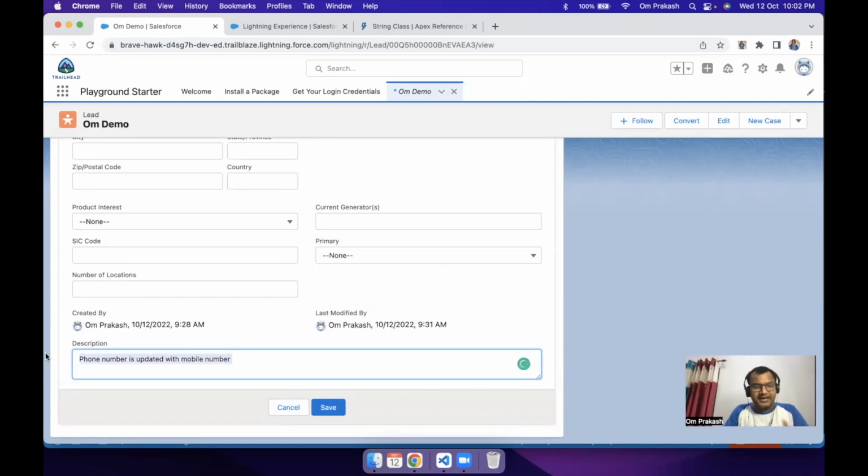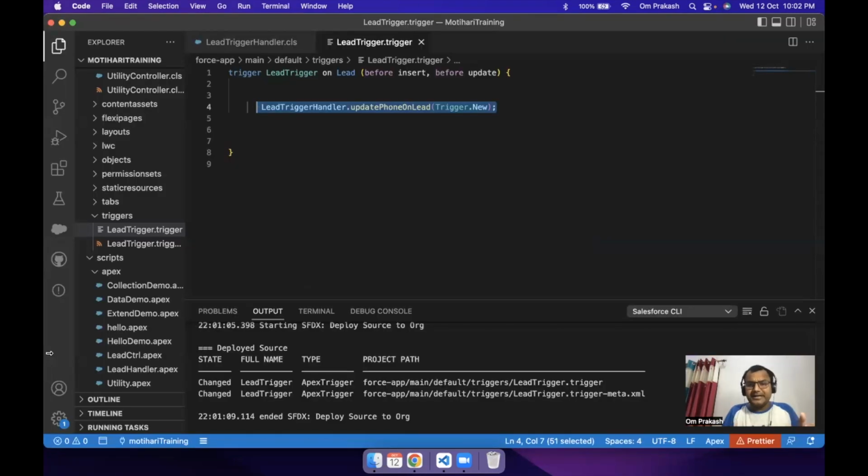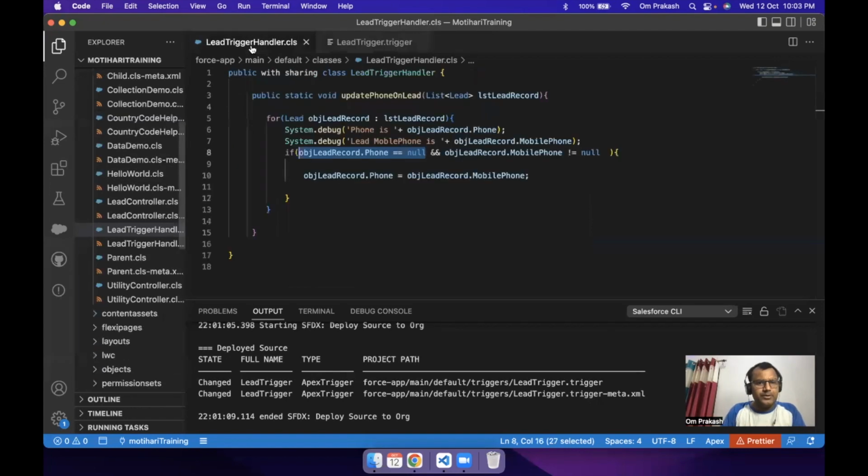And listen, my thought, I want this only during updation, not during creation. It's very easy. Like now, if I go here and here, obj